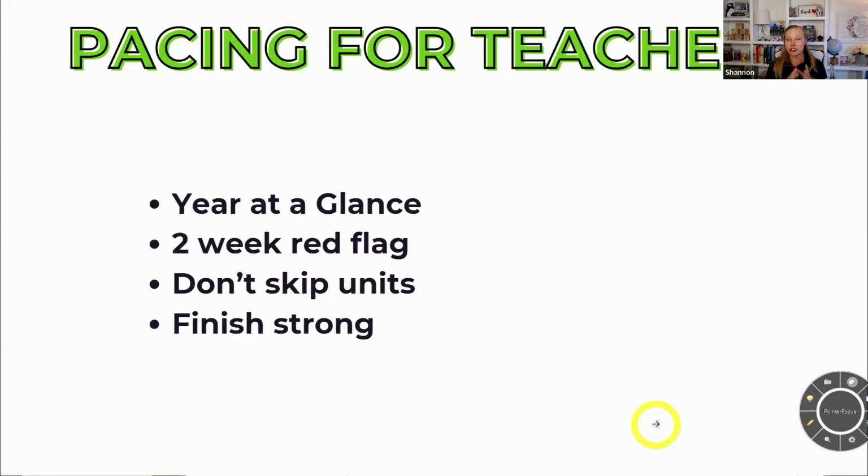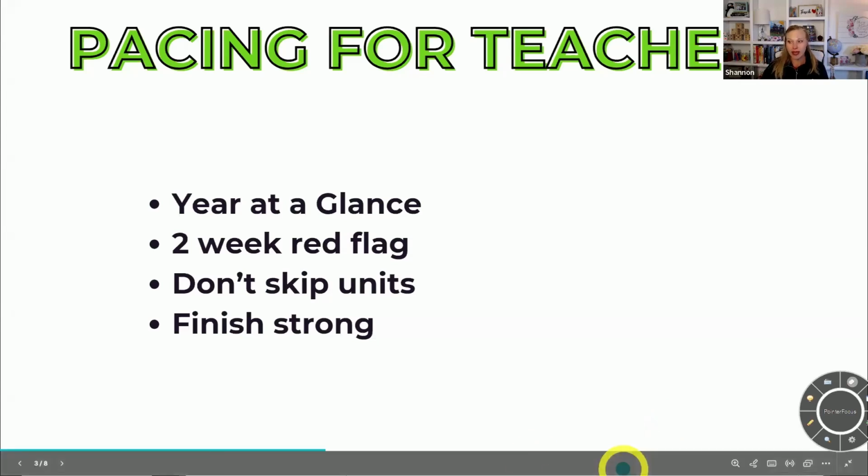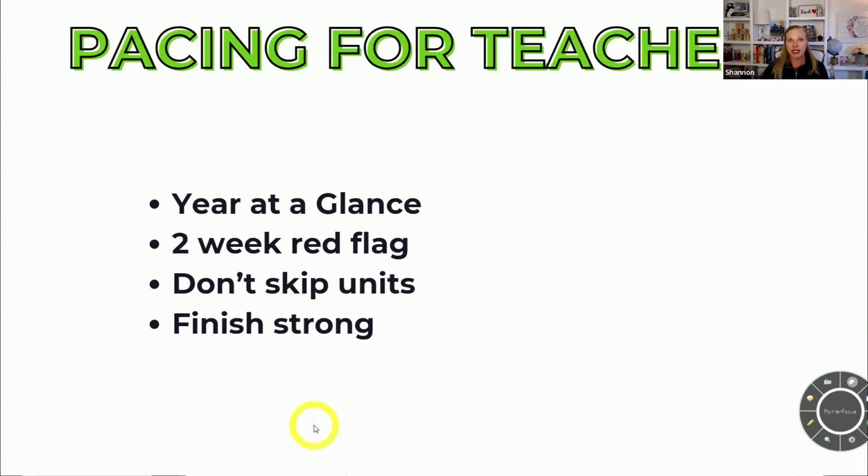So we want to make adjustments during the unit and have a hard stop for every single unit. Okay, so if it's October 1st, November 15th, whatever it is, that's mapped out, because we know if we do a hard stop, we will get in all of our content for the year. If you get off of that pacing by more than 2 weeks, we need to have a conversation. Because if I see that we're 2 weeks off, now I'm like, okay, now we need to start making some adjustments. So you're going through your unit and I'm like, okay, I have some suggestions for you. But if you get more than 2 weeks off, we start getting into major trouble zone.